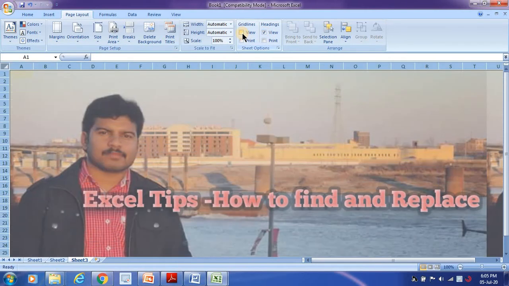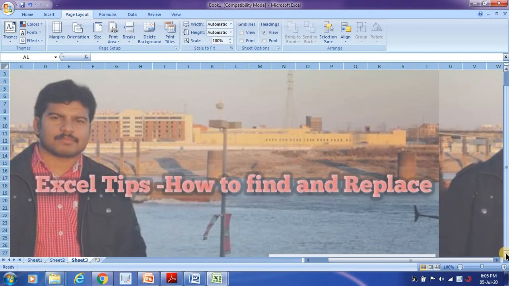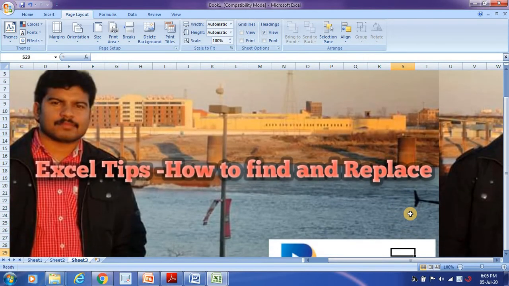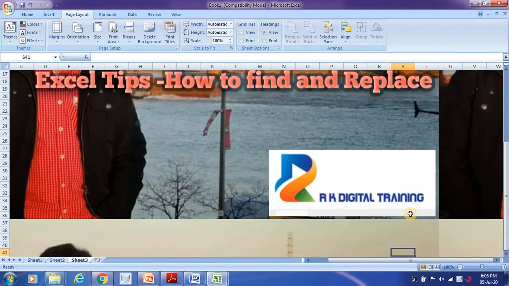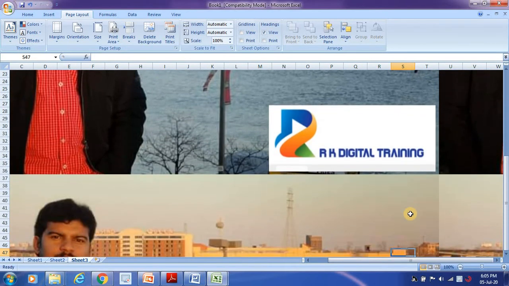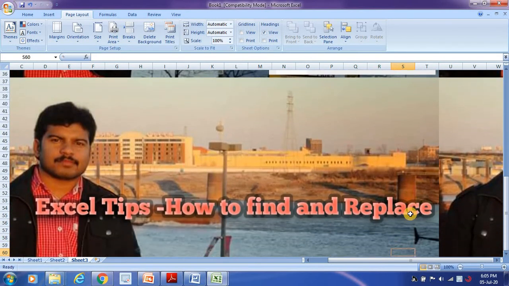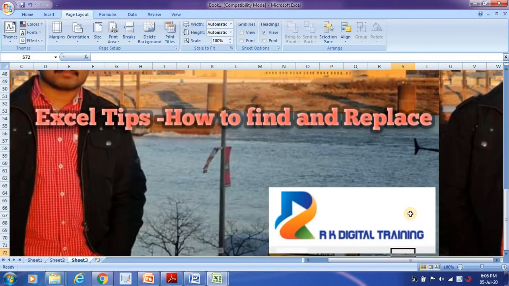Now if I click on that, you will see that because your Excel has a huge number of rows and columns, the picture gets repeated. As you scroll down, you will be able to see the picture in all the places. The entire Excel will have the background of this document, whatever you have placed. So this is how you can make your Excel with some background. Whatever sheet you want to place, you can make use of this.